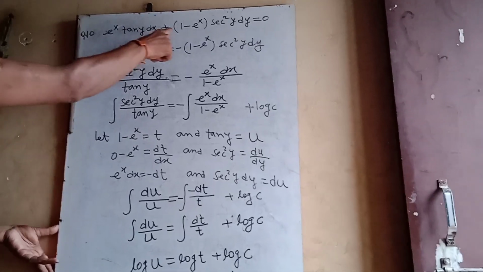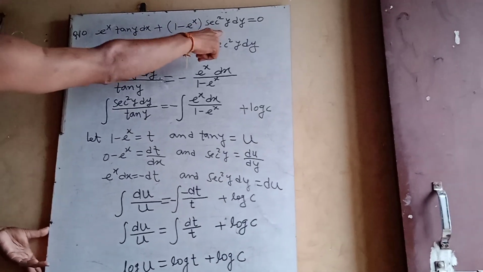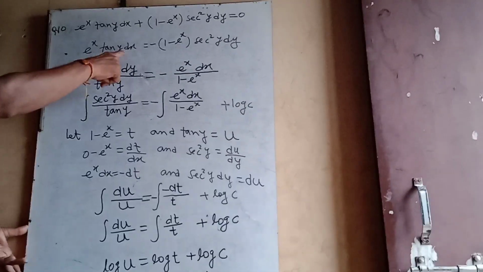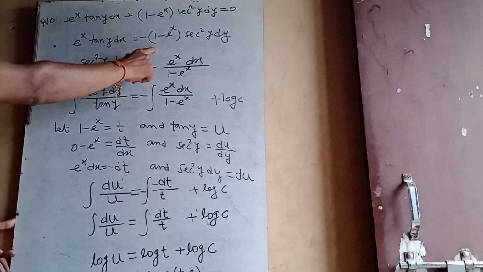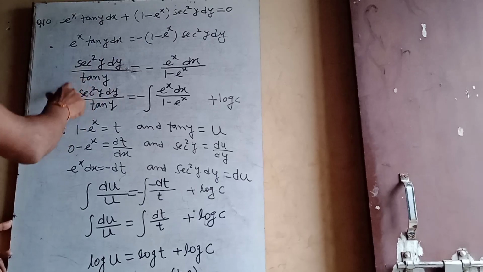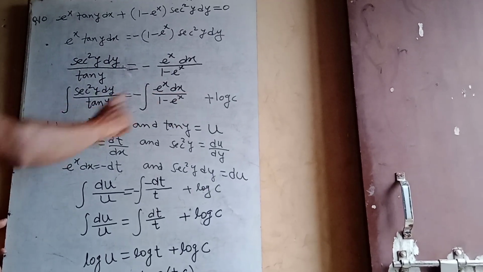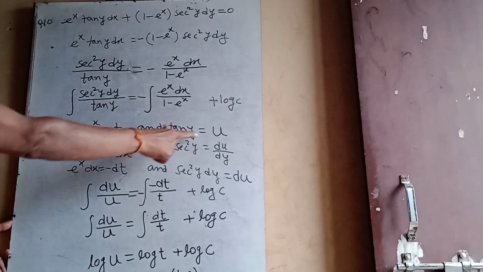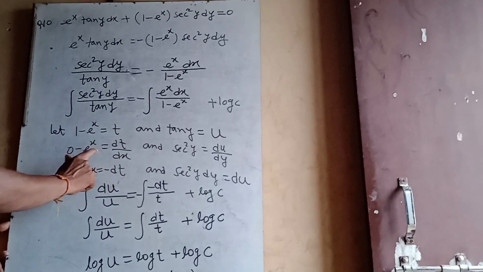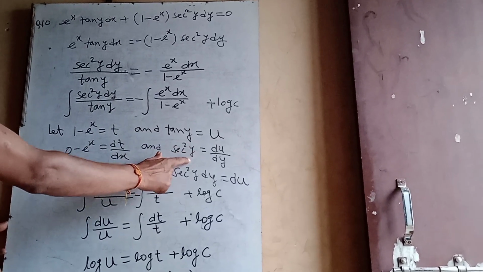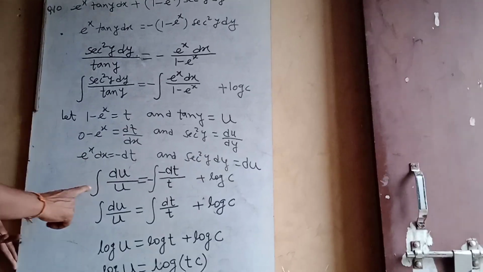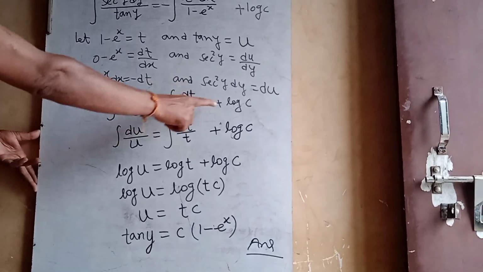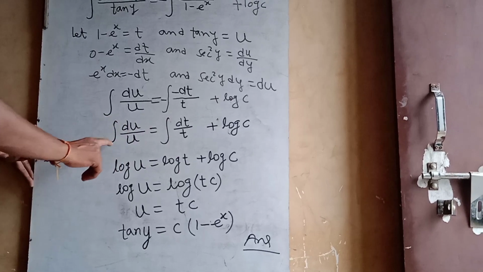Next: e to the power x tan y dx plus 1 minus e to the power x into sec square y dy equals 0. We can write it as e to the power x tan y dx equals minus 1 minus e to the power x sec square y dy. Now we change it as here, and let 1 minus e to the power x equals t and tan y equals u, and on differentiating with respect to x and with respect to y, we find these two, and on integrating,